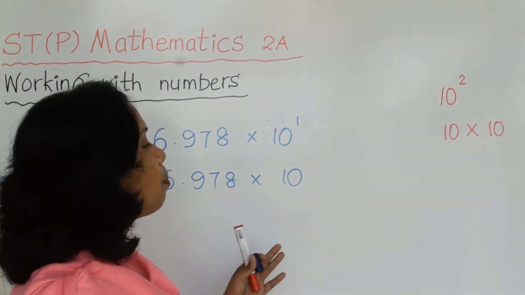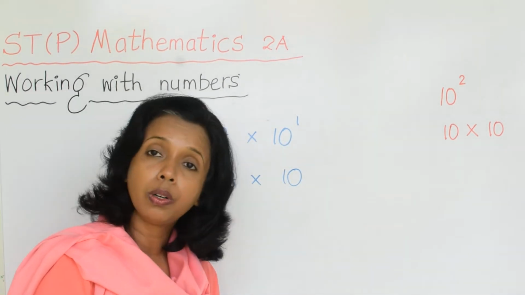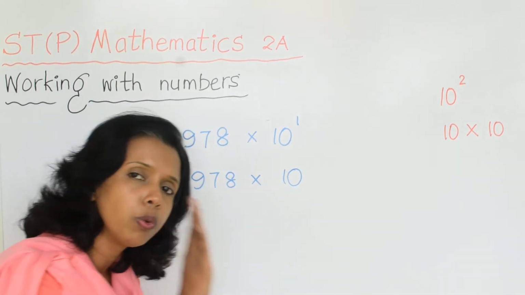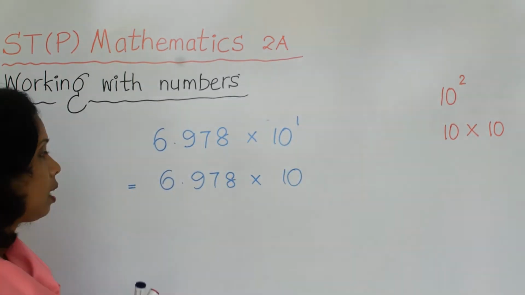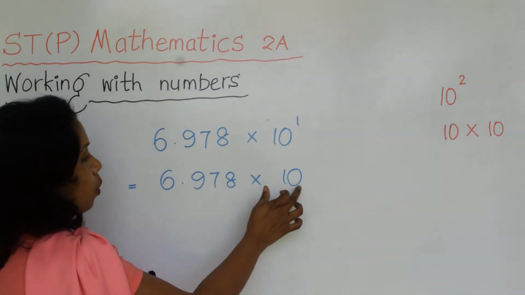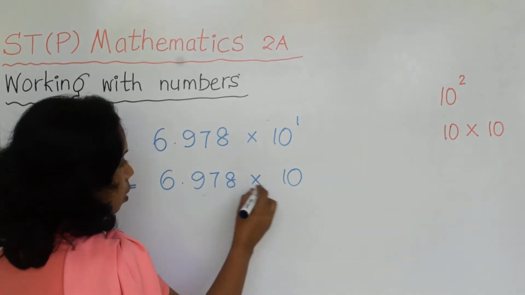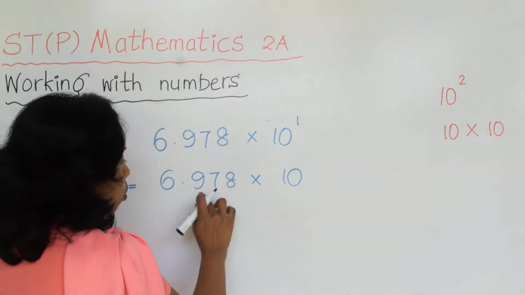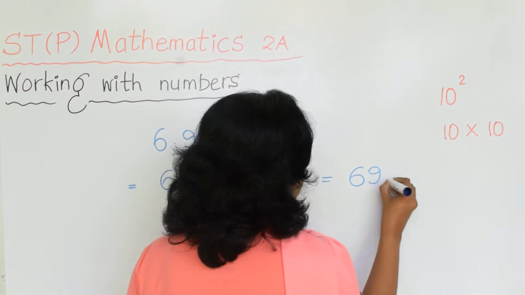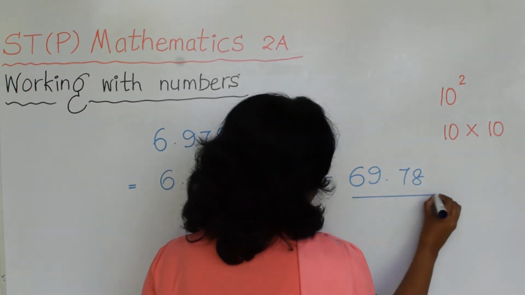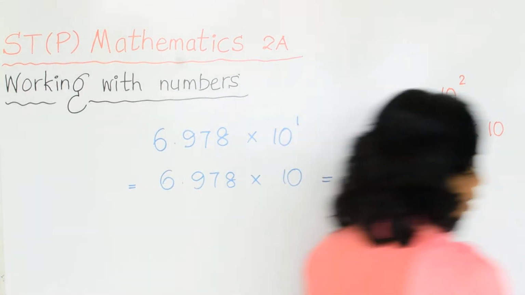So again the same decimal knowledge. You are multiplying a decimal number by 10 according to the number of zeros. You want to move the decimal point to this side if it is a multiplication, right? Now here 1 zero, right? Then you want to move 1 step. So you want to move only one step. The answer should be 69.78. Okay? Right. We'll do another example.